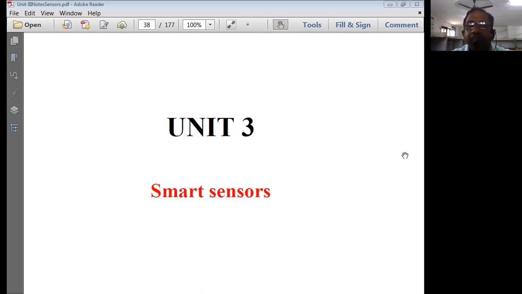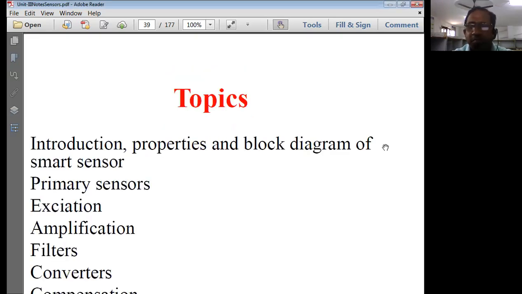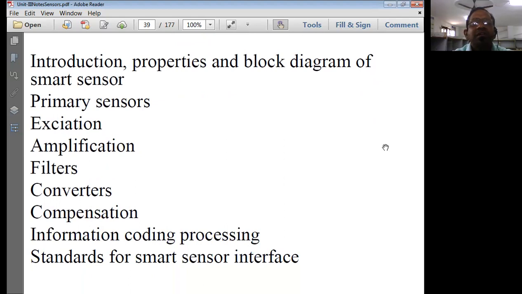Okay. Right. So let us look into the syllabus aspects. It's going to be a very, very easy part for us because this is the syllabus content we have. And at the last, we're going to have the applications. So the first part we have is introduction to smart sensors. We have already covered properties and block diagram of smart sensors. What are the various properties of sensors?